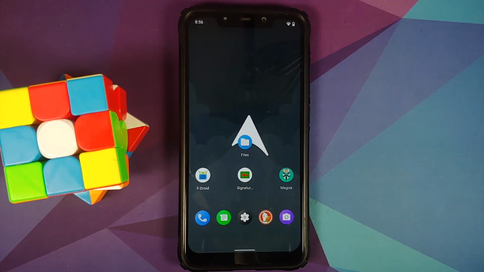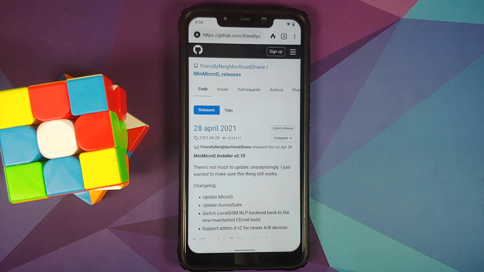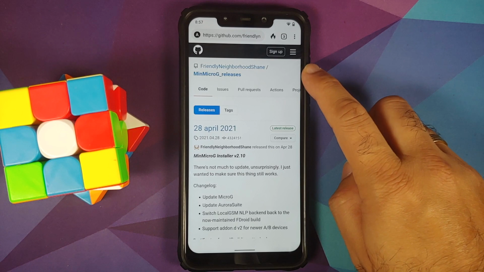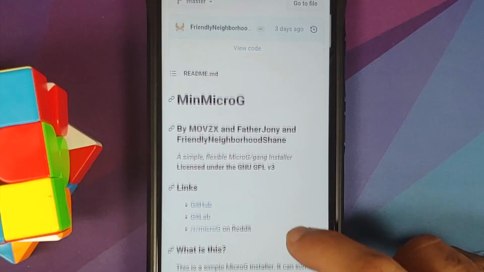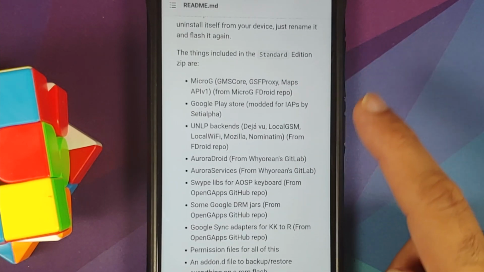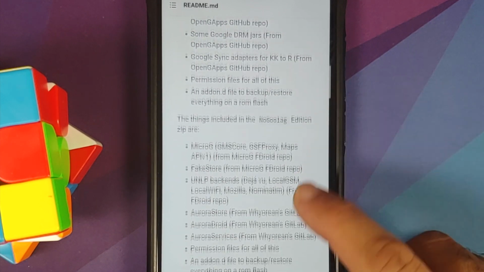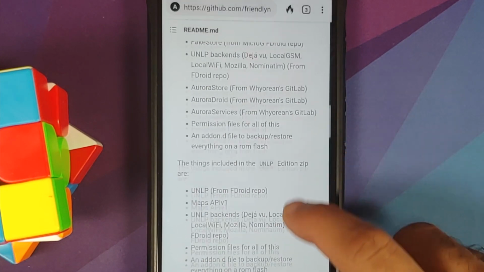So now that we have checked that our ROM supports signature spoofing, we need to download a MicroG package. We are going to use Min MicroG, and right now we are on the releases page. But if you go into the readme section, they have different variants or different versions which are available, and you have standard, no-gapps, and UNLP versions.